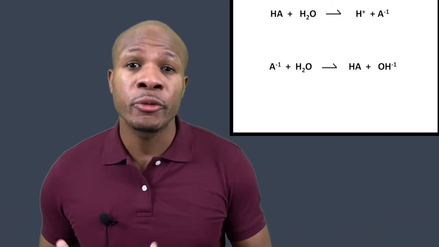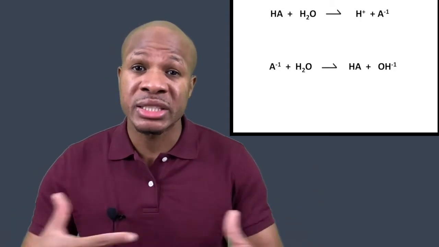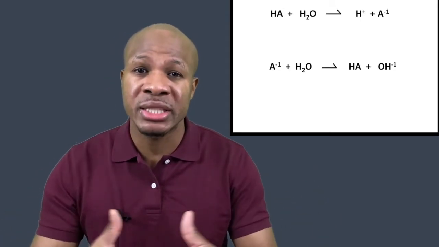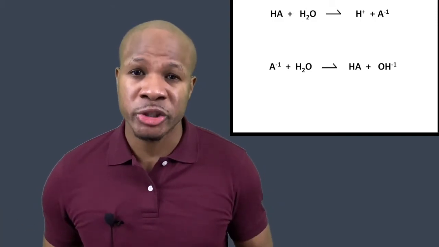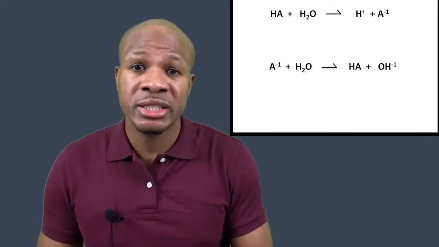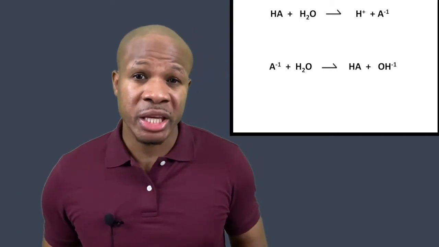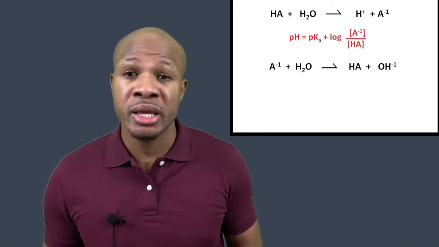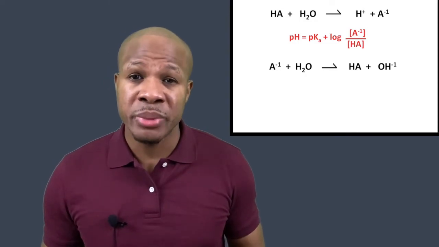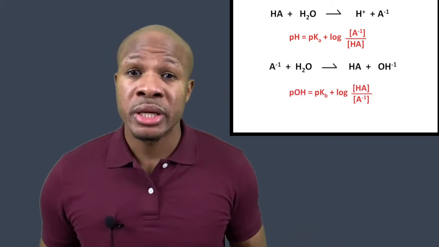And at some point, they reach a point of equilibrium where these reactions are occurring at the same rate, back and forth, and they're fluctuating at the same rate at a steady concentration of acid and conjugate base. So for every acidic Henderson-Hasselbalch equation, there is a corresponding basic Henderson-Hasselbalch equation. For the acidic direction, the Henderson-Hasselbalch equation is pH equals pKa plus the log of the conjugate base over the acid. For the opposite reaction, going in the opposite direction, what is the Henderson-Hasselbalch equation